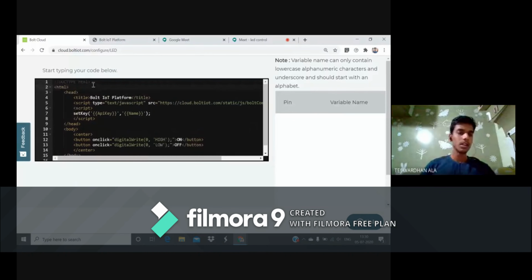First of all, the head title, we already know this and all the common things. Whatever title we want to give, we can give here. Next, the script type: here I'm using some predefined JavaScript functions, as a header file. The main project is to control the LED, and to control the LED we have two functions, one to turn on and another to turn off.